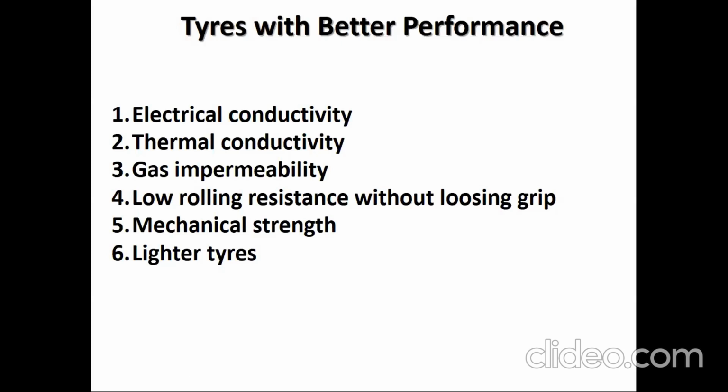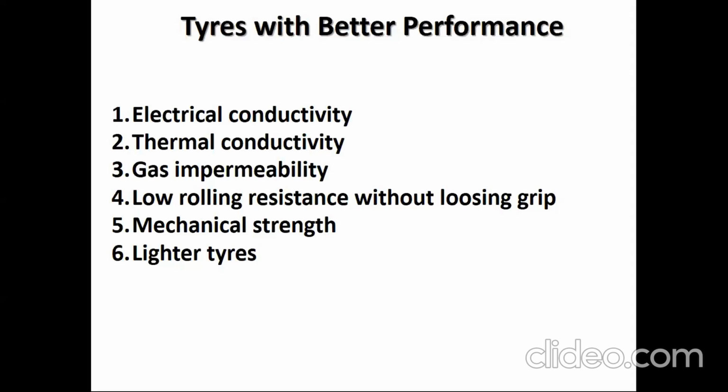But if you want to reduce the rolling resistance, you can go for silica. Silica is white, so the tires would look white. But the problem is that when you add silica, silica is an insulator, right? So the electrical conductivity will be very poor, right? To improve the electrical conductivity, you can use graphene. Graphene can be added to silica tires to improve the electrical conductivity, because a tire should have some electrical conductivity,